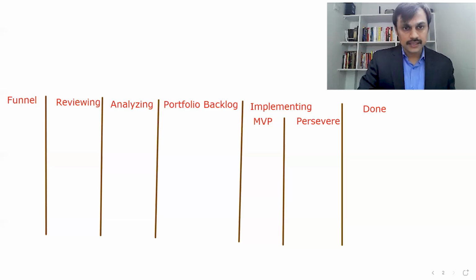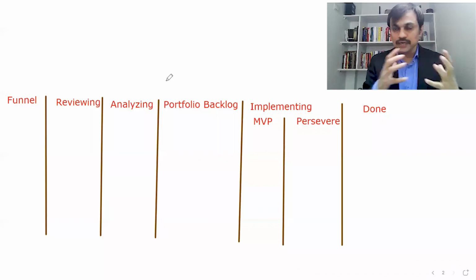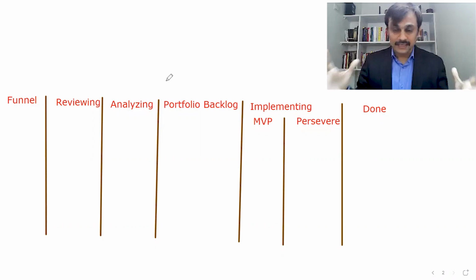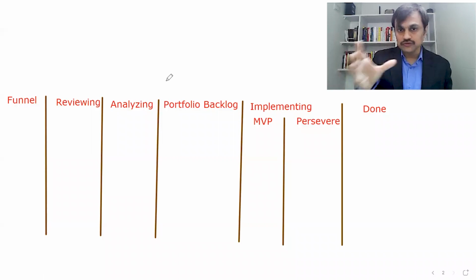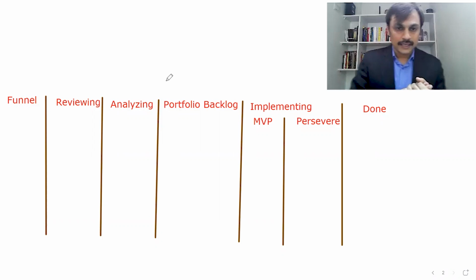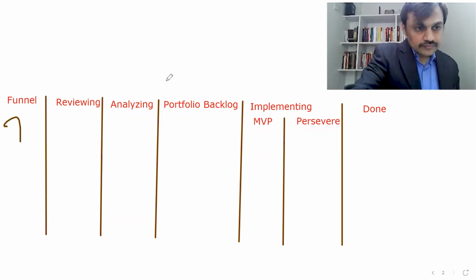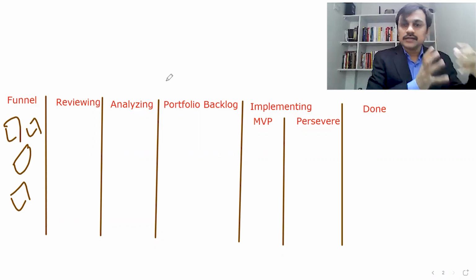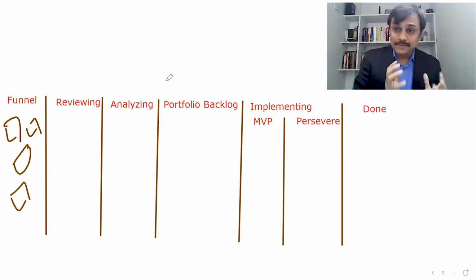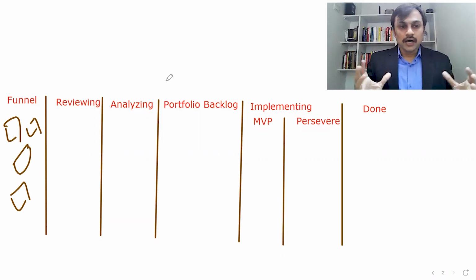So the first thing here is, what is Kanban? It's a visualization of various large epic initiatives at a portfolio level. That's what the portfolio Kanban is. These stages are representing those initiatives, and at each stage we may have work items, large initiatives, which are visualized and maintained here. So at a funnel stage, all the new epic ideas, we use the word epic for large initiative, come under funnel. So anything which might be a great thing to work on.